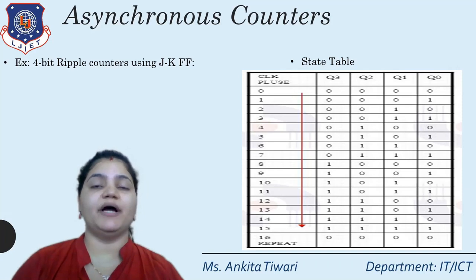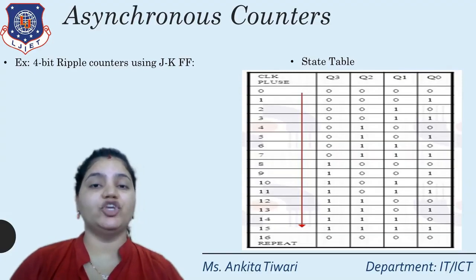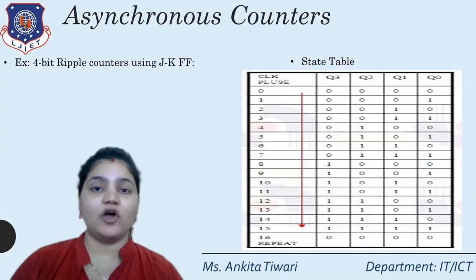Now we'll see the Q1 part. 0, 0 means no transition. 0, 1, it is positive transition. 1, 1, no transition. 1, 0, negative, as we got in Q0. So here, Q2 becomes 0 to 1 when Q1 goes from 1 to 0. The same thing will follow till the end. So this is what Q2 conditions we got. When Q1 goes from 1 to 0, Q2 is complemented.